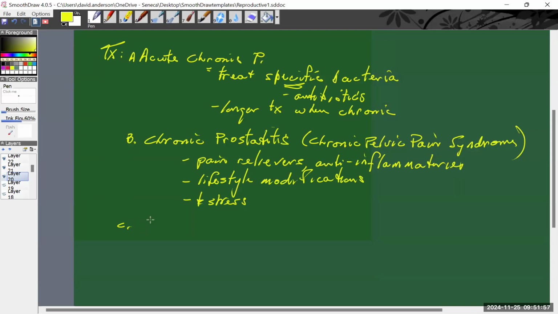So for the asymptomatic prostatitis, obviously there's no specific treatment that's needed. It's not causing symptoms, so there's nothing to treat from that perspective. We talked about the treatment approaches for benign